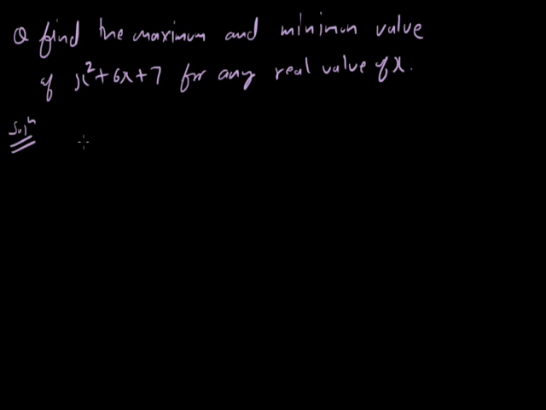First of all, in order to solve such type of problems, we equate the given expression to y. So let x square plus 6x plus 7 equal y. Now shift y to the left hand side, so it becomes minus y, equal to 0. So again we treat this expression as a quadratic equation. Why? Because it is equal to 0 and the maximum power of x is 2, and we treat y as a constant. So this becomes a quadratic equation.